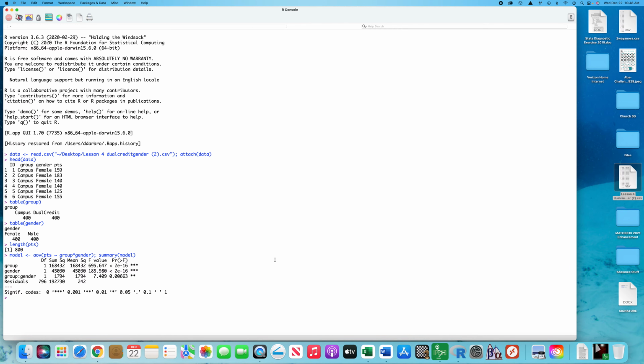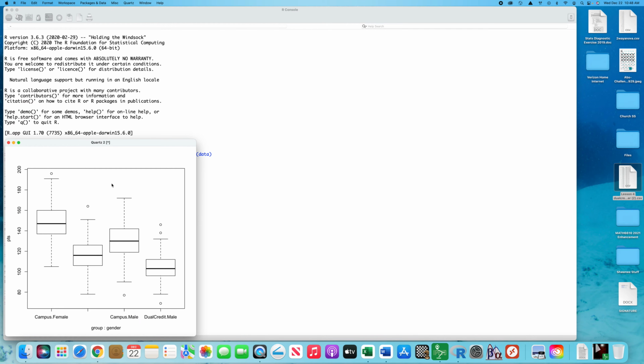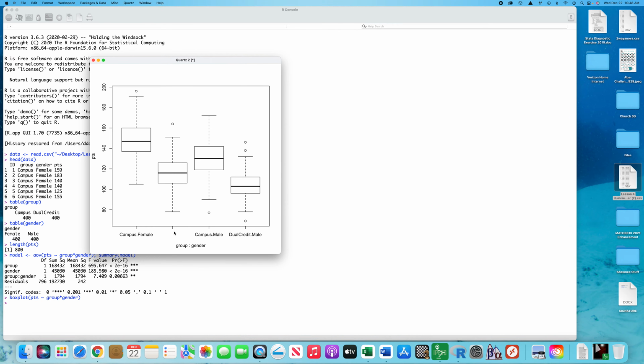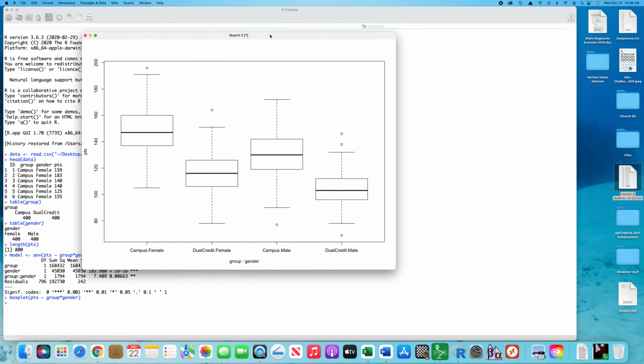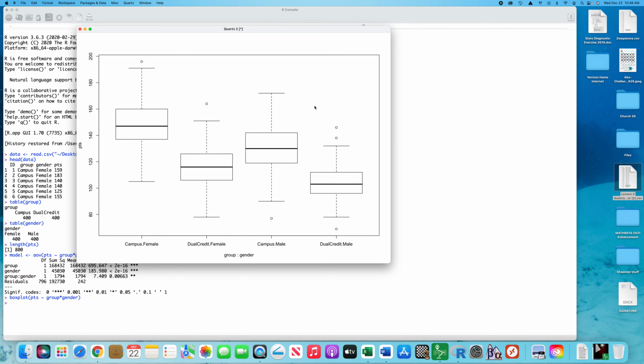I kind of like to look at side-by-side box plots, and it turns out that points over group by gender is pretty interesting to look at. Now you'll see that the heading is missing, so I think if I extend it out a little bit, we get it. So what I can do here, first of all, keep in mind that we're examining means, and box plots